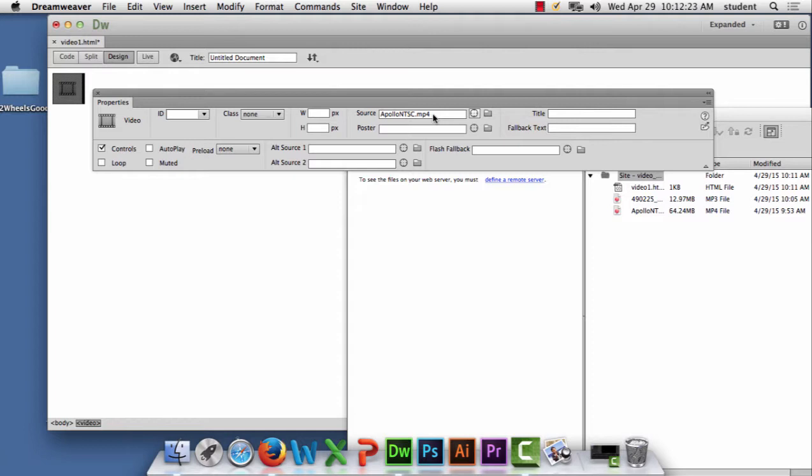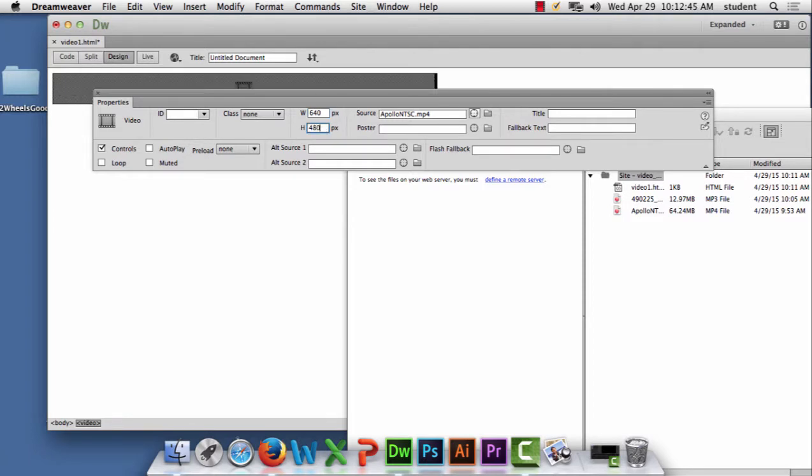Remember I talked about size, because it doesn't have a size. Look at it, it's a little icon. If I preview this right now, it's going to play the video in that little icon. You have to go and type in the dimensions here. Remember I had to do that. I opened it in QuickTime and checked the size, right? So I've got to put in my 640